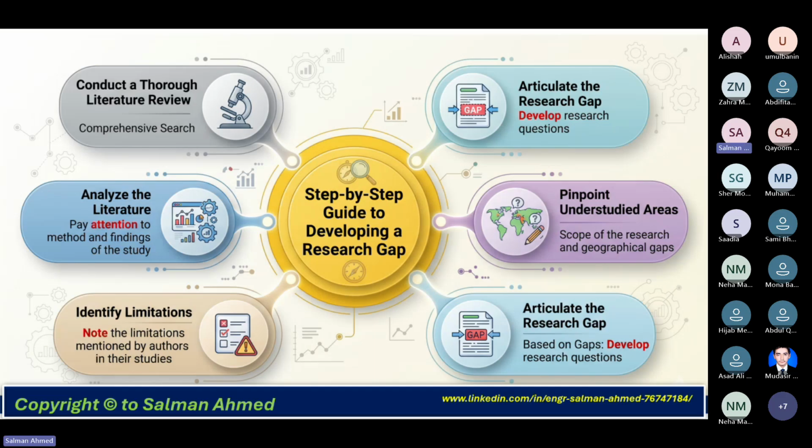If someone is not focusing on those areas, it may be possible that that kind of algorithm or technique may not be applicable to that area. Then the last thing is to articulate the research gap. When you have all these parameters and aspects, in the end you can write the research gap that arises in your mind.